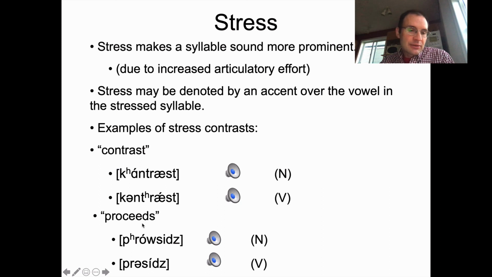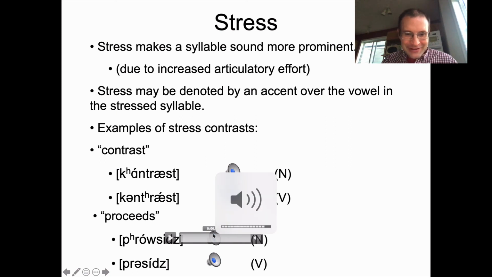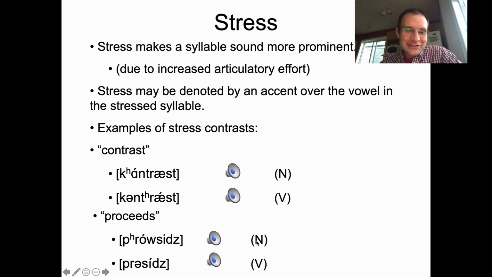We get something similar for this example, however you pronounce that word. If it's a noun, proceeds has stress on the first syllable. And if it's a verb, proceeds has stress on the second syllable. So hopefully you've noticed this is the way we're going to transcribe this, with this little stress mark